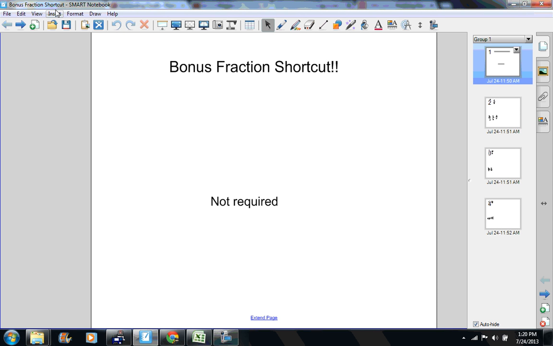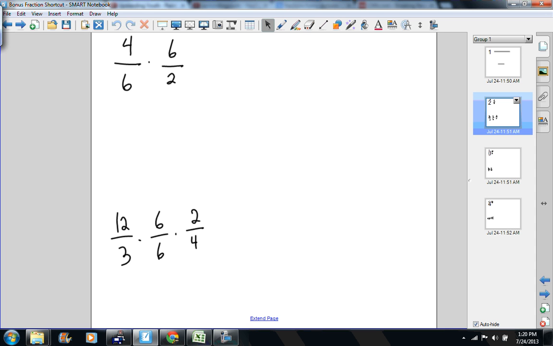So I want to show you a fraction shortcut here. The old way of simplifying is just fine and it works on every single problem. This way, though, is a little bit quicker. So on this top problem,